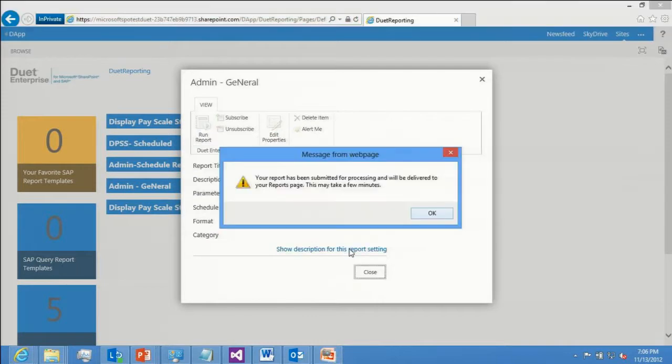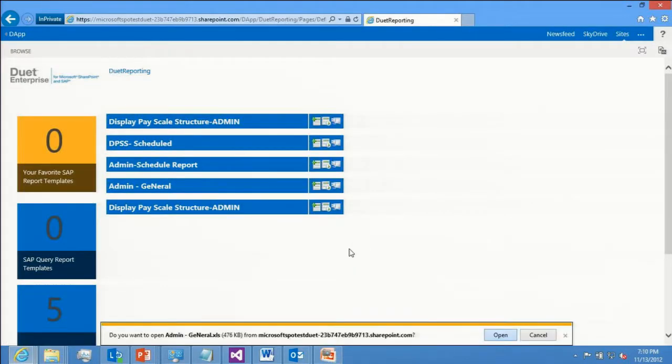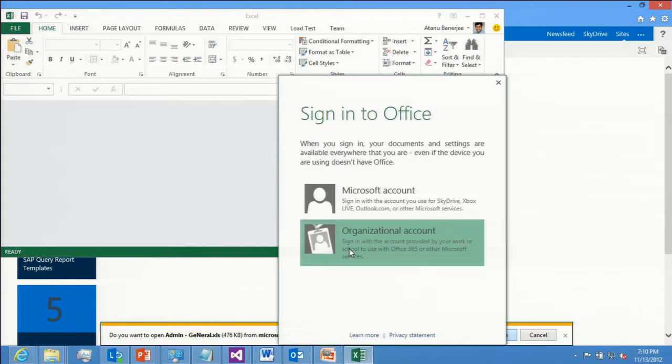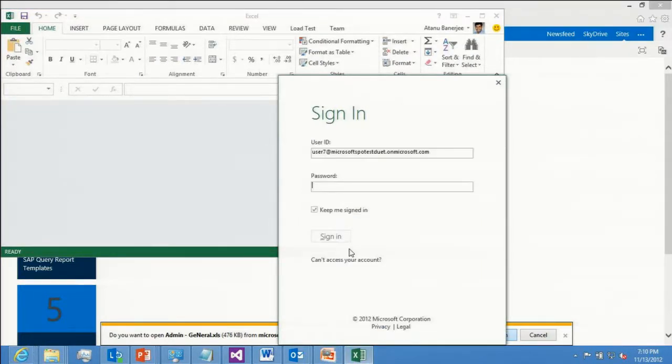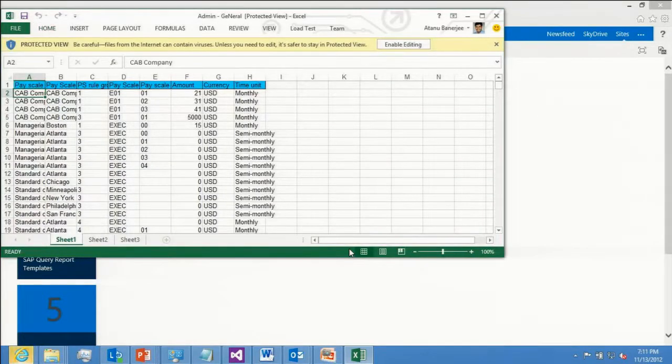Now, at this point, SharePoint Online used a forward flow to call SAP and say, hey, this user is requesting a report. SAP acknowledges that, and then this is asynchronous, so a little later, the report will get delivered, and you can click on download. If you download it, you have to authenticate to Office if you haven't done that. And when you sign in, you'll be able to see a report. This is not a very fancy one, we just configured an Excel file. But you can do other kinds of reports with this.